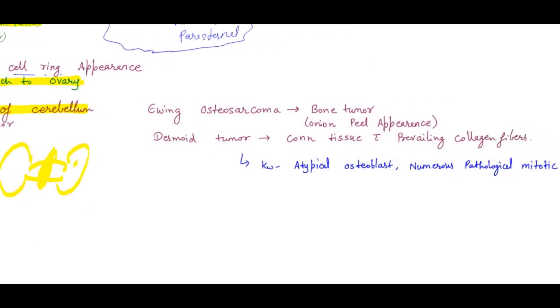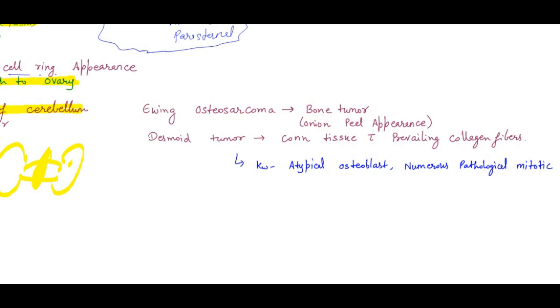If you have secondary tuberculosis, it can lead to Pott's disease, as we discussed, and it can lead to tuberculoma, and it can also lead to bone disease. But if you have a tumor in the bones, that is Ewing sarcoma, a bone tumor, and it gives the onion peel appearance on X-ray. So who shows the onion peel appearance? That is Ewing sarcoma.